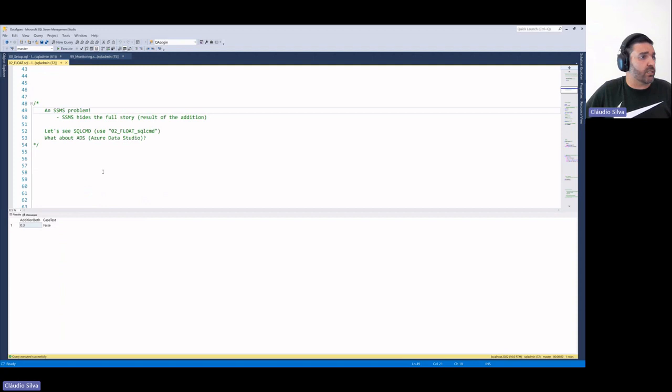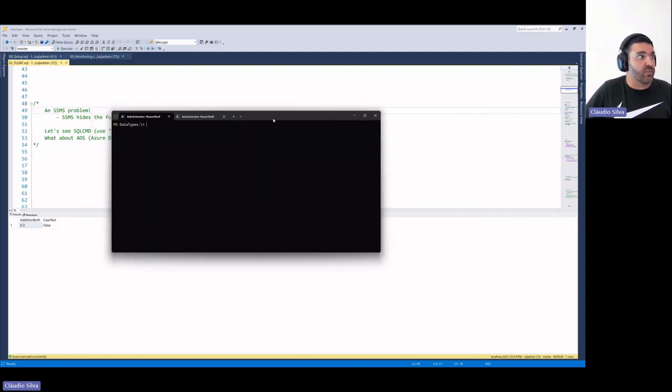Back to SSMS, let me also bring one other example, which is using the SQLCMD utility, and running the same thing on my database.